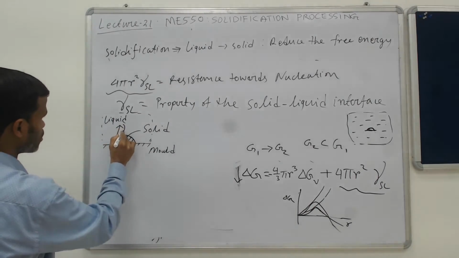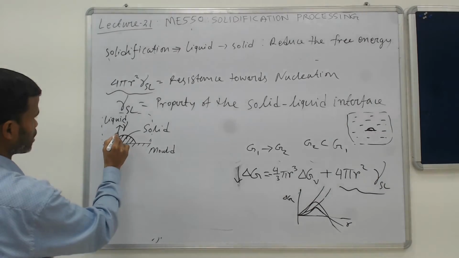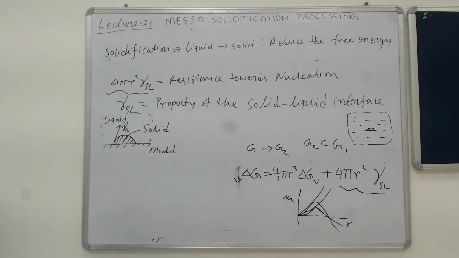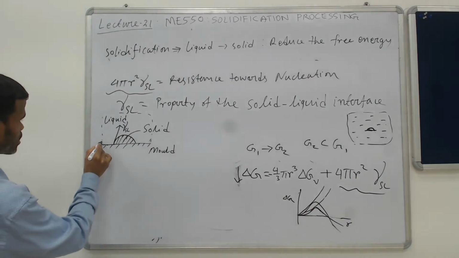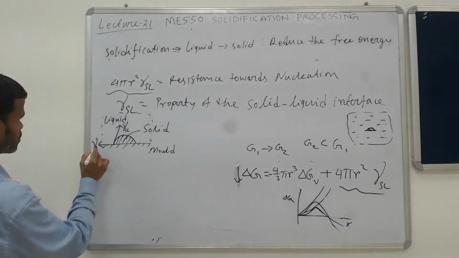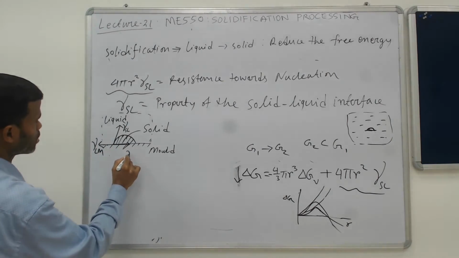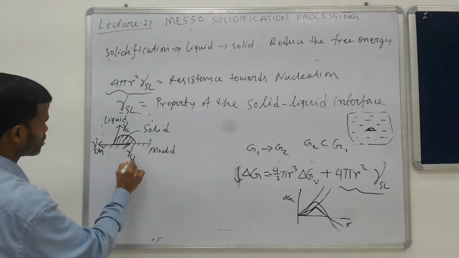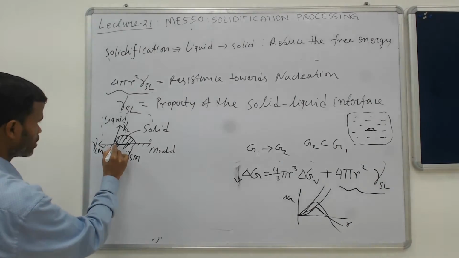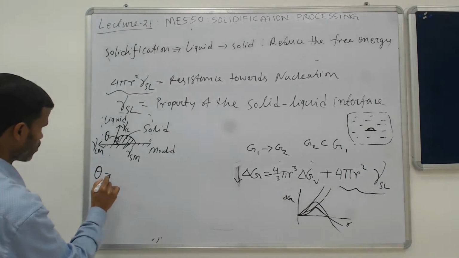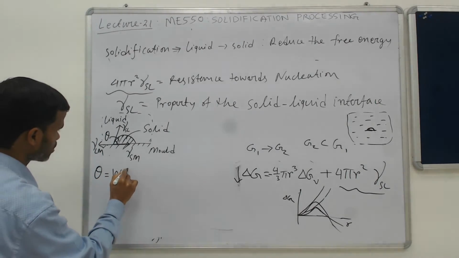Here you have one surface energy, gamma SL, related to the solid and liquid interface. There you can consider another surface energy, which is liquid and mold. There you have another, gamma SM, solid and mold. And this angle here, we call theta. So theta is called the wetting